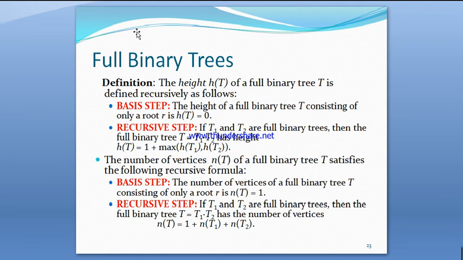In the recursive step, the rule is: if t1 and t2 are full binary trees, then the full binary tree t equal to t1 dot t2 has the number of vertices n of t equal to 1 plus n of t1 plus n of t2. Based on these recursive definitions of the height and number of vertices of the full binary tree, we can now